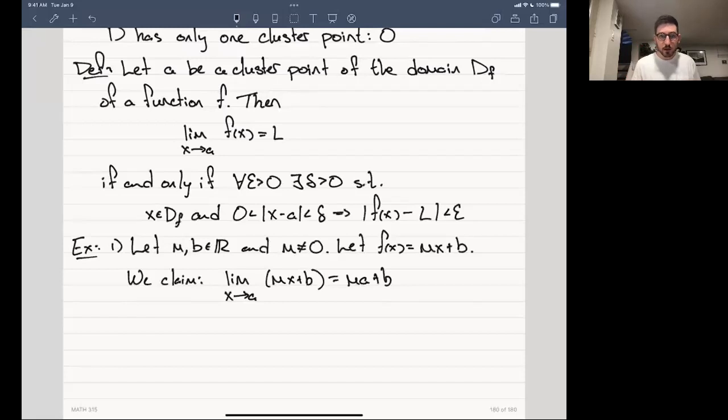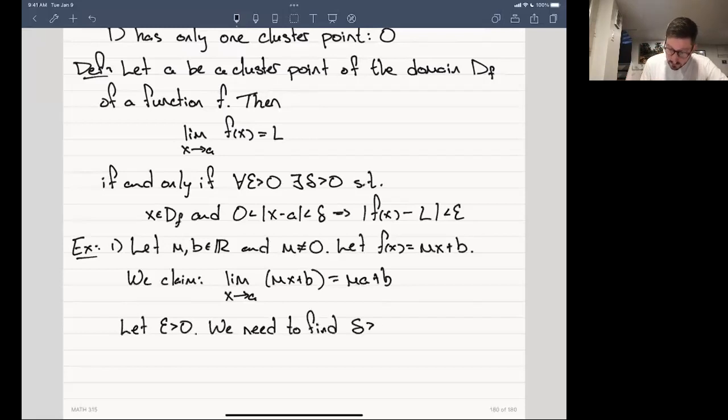So in this case, we're going to say let epsilon be greater than 0. We're dealing with a limit. We always need it. And we need to find a delta greater than 0 such that if x is close to a, this implies